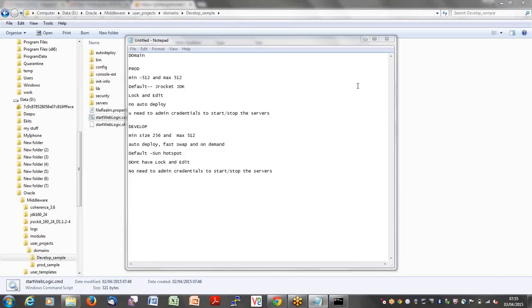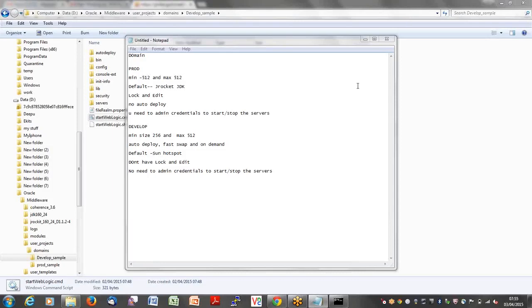So the user who is trying to access the application needs to wait, because it needs to go back to the RAM and load the memory. Then only it can serve the customer. So there is a delay. But if you give both these values as the same, it will load everything during startup itself. So whenever the customer comes, it can serve the customer effectively. There will be no wait time for memory loading.